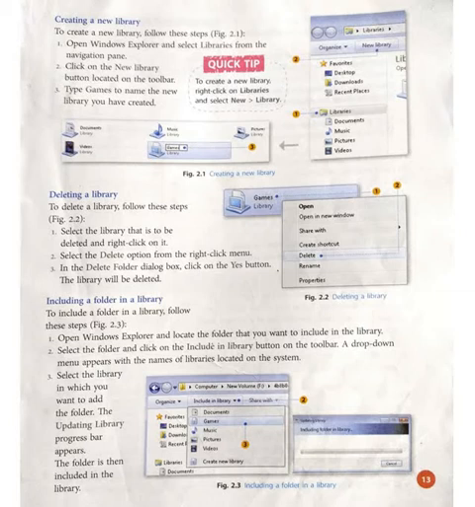First of all, you have to open the folder which you want to add to a library. Then the option is there, include in library. You have to select in which library you want to add that particular folder. Then after, select the library and press the mouse click. One dialog box appears, updating library, and after the updating your folder will be added in that particular library.